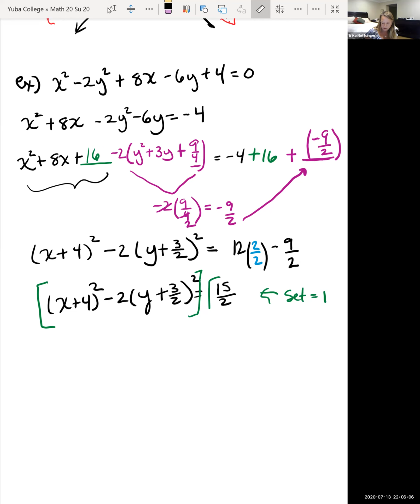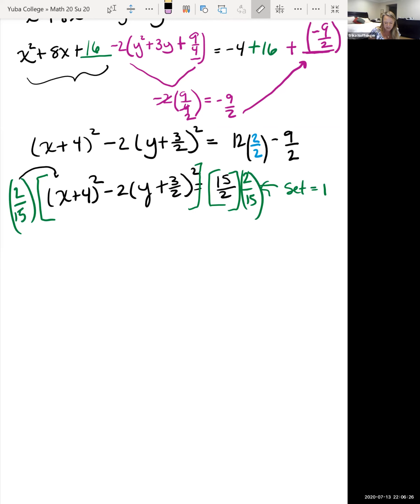So let's multiply both sides of the equation by 2/15. That would give us 1 on the one side that we wanted. Okay, I'm going to need to distribute that 2/15. And so this gives me 2/15 all times x plus 4 quantity squared